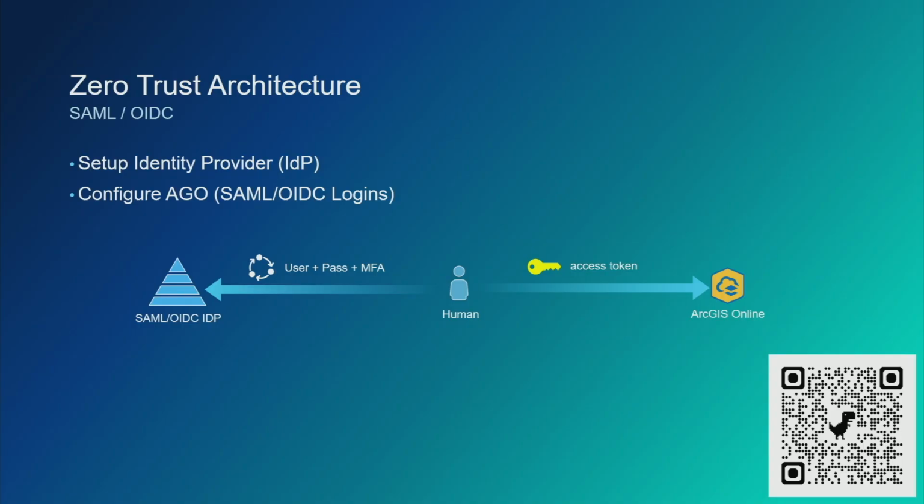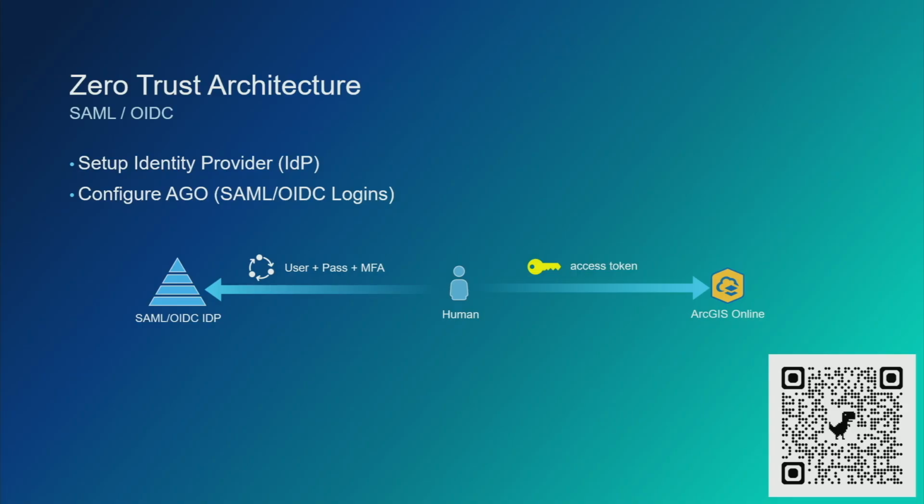So there's a couple different tenets of zero trust architecture. And one of the first ones is this idea of centralized identity. By default, within ArcGIS Online or Enterprise, you have decentralized identities. You have local or enterprise-centric or ArcGIS Online org-centric accounts. So one of the things zero trust prescribes is the adoption of central identity. Most organizations have Entra, previously known as Active Directory, but there are other tools that have this capability like Shibboleth and